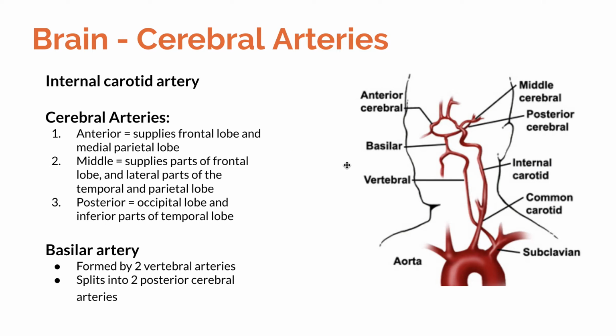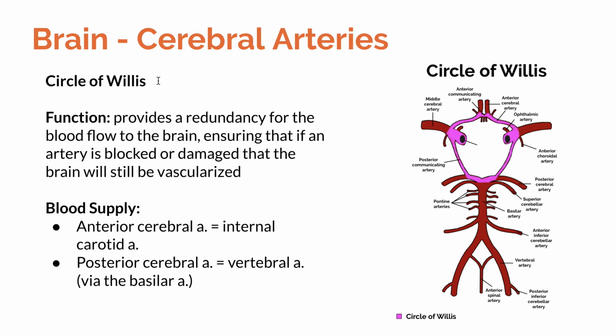And then we have our cerebral arteries. So we have the internal carotid artery, which is coming off the common carotid, which is coming off the aorta. And for our cerebral arteries, we have the anterior, middle, and posterior, which supplies different lobes of the brain. And then we have the basilar artery, which is formed by two vertebral arteries and will split into the two posterior cerebral arteries. All these arteries form what we call a circle of Willis, and essentially it